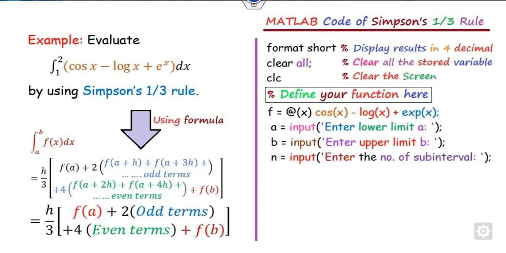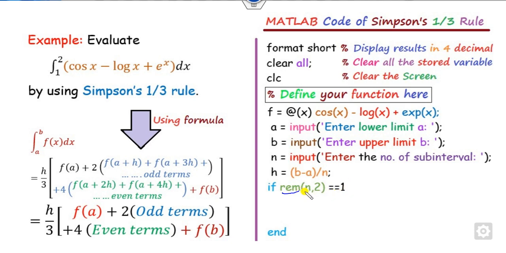So once you are defining the number of subintervals, we define the value of h as b minus a. Now, since there is a restriction on n, as we have discussed, that n, the number of subintervals, must be even. So if you divide n by 2, REM is called the remainder. If it is 0, it means the number is even, but if it is 1, it means the number is odd.